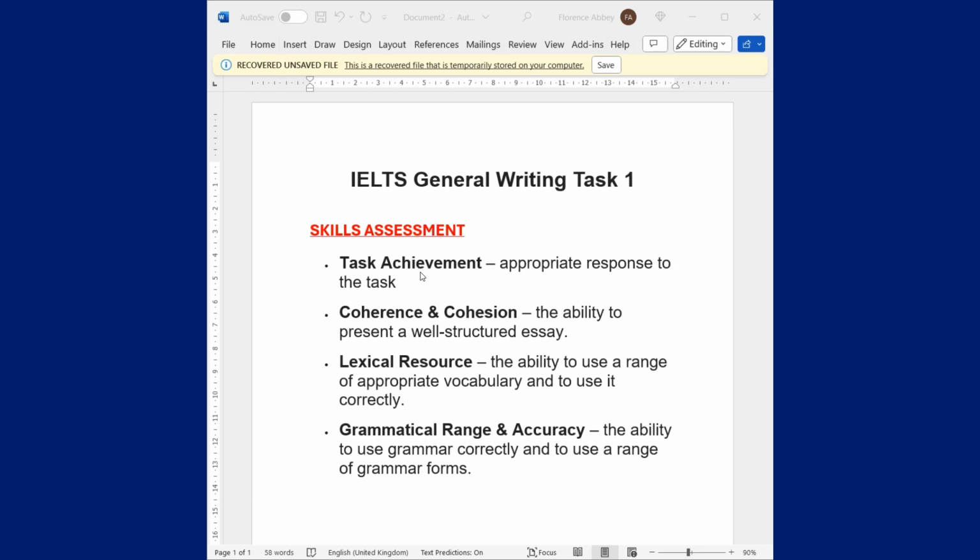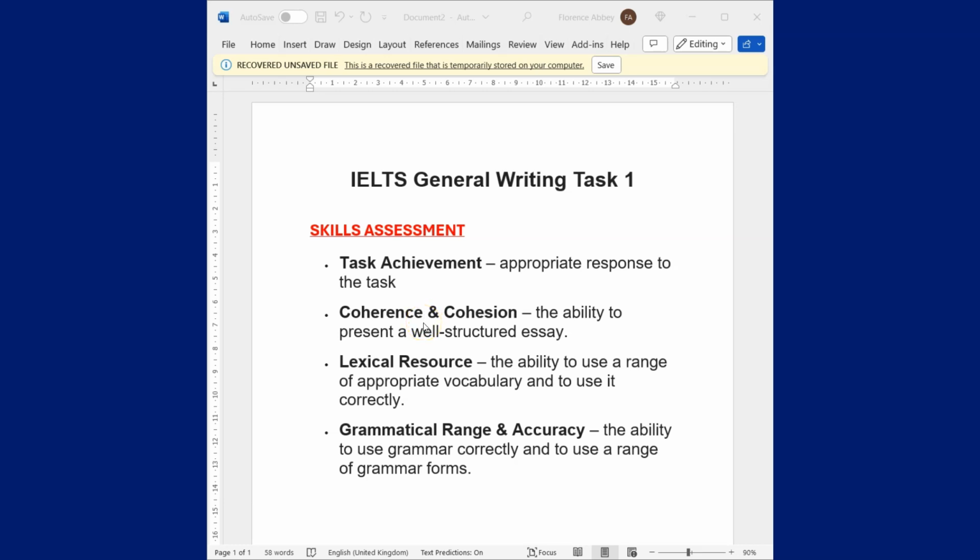And when it comes to the tone of the writing, if it is a formal letter, were you able to write it in a formal format, or did you miss it? So they'll be checking all these to make sure that you were able to respond appropriately to the task. The second thing they'll be checking is your ability to present a well-structured essay, and